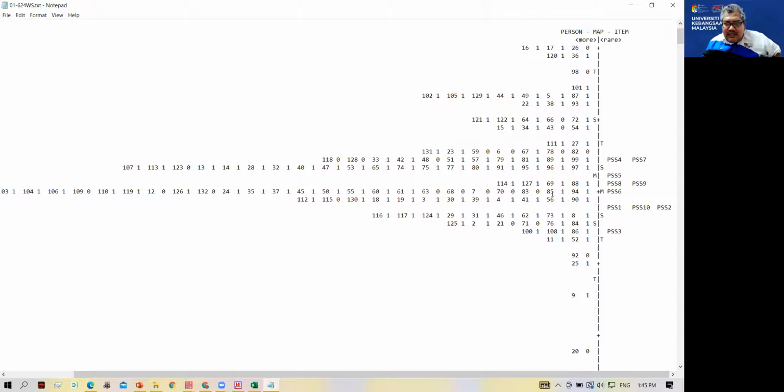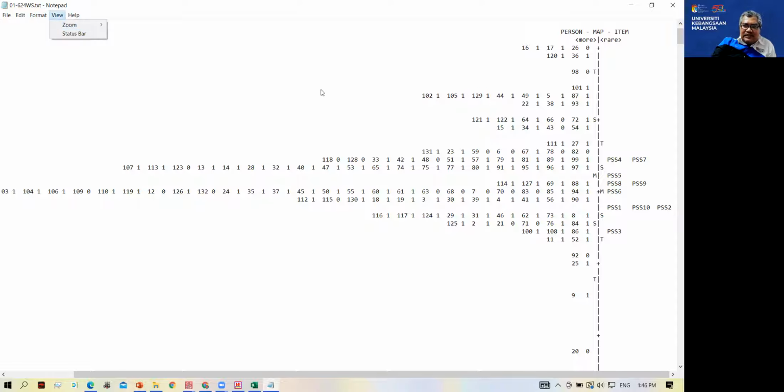So you can see in terms of distribution which questions are easy to give the number 4. This is the question that is easy. This one is a question that is very hard to give the number 4; it is easier to give 0 or 1. So that is the Wright table.